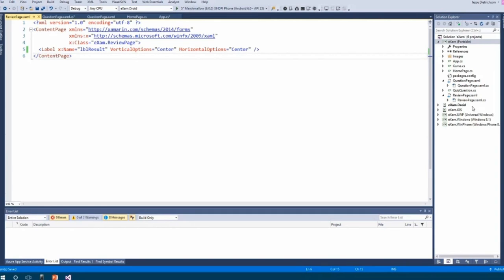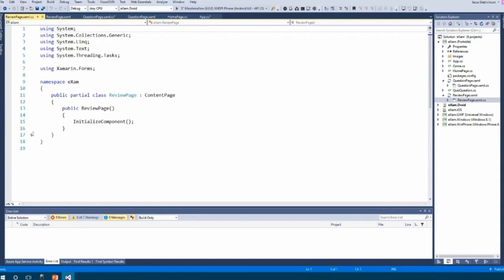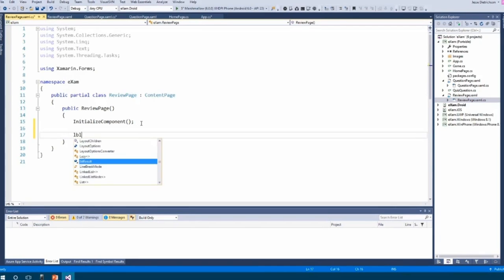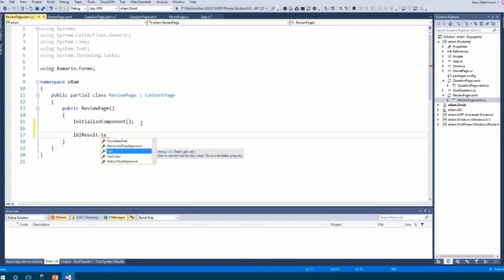Inside the code behind for this, after our InitializeComponent, we'll just set the text. So we'll say labelResult.Text is equal to, we'll use the C# 6 string interpolation feature. We'll say, "Great, you got," and we'll plug in